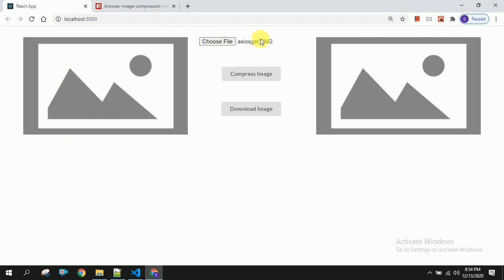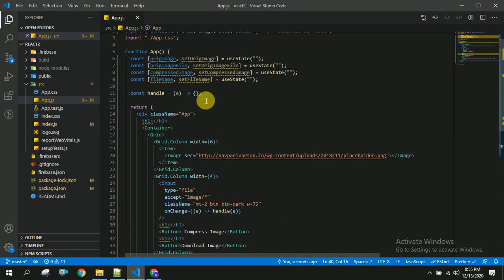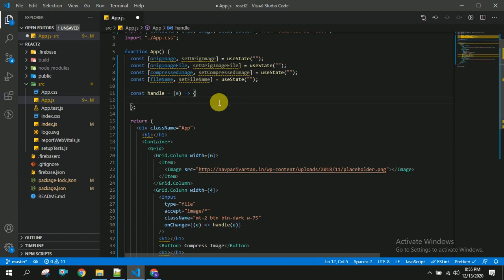So we have to show the image the user has selected in the preview section. Let us see how to do that. For that, first we have to go to this handle function, and here I am going to create a variable called image file.